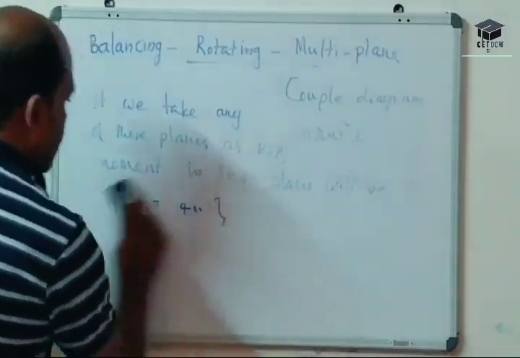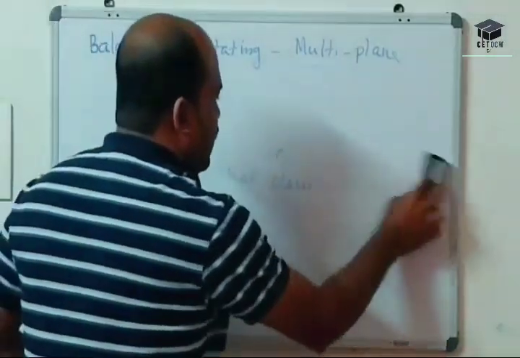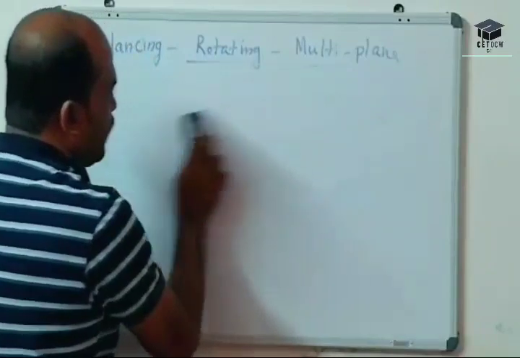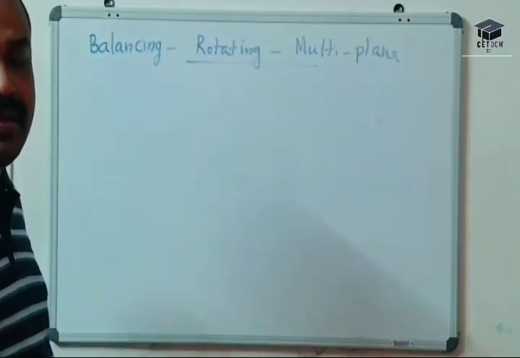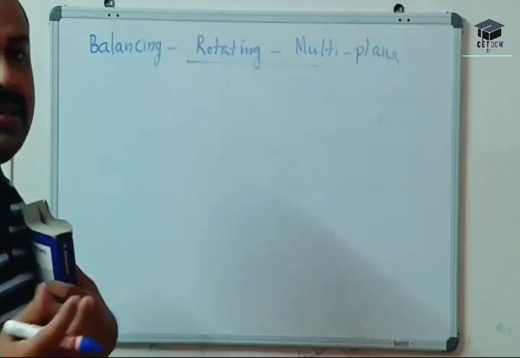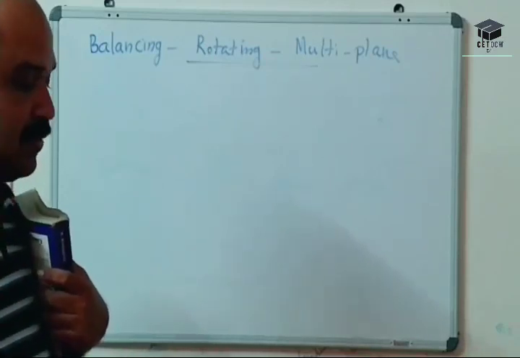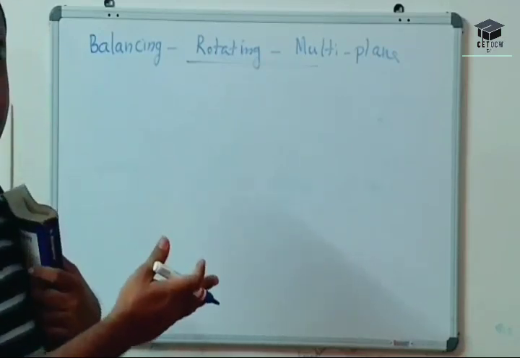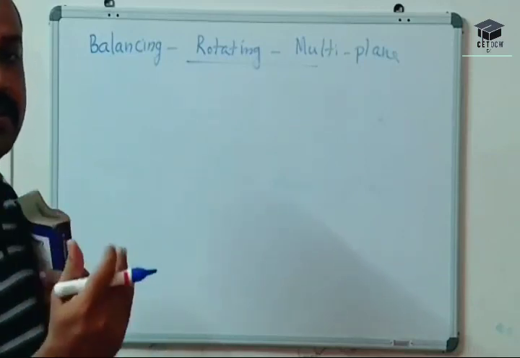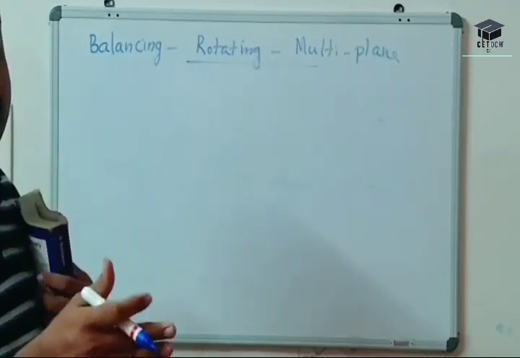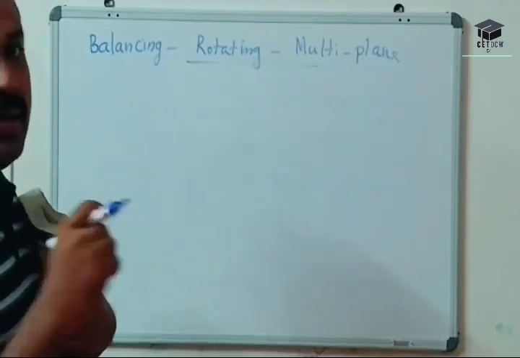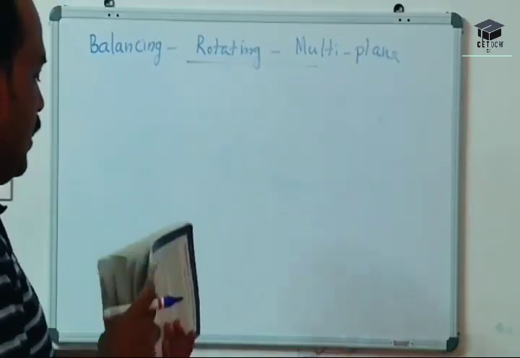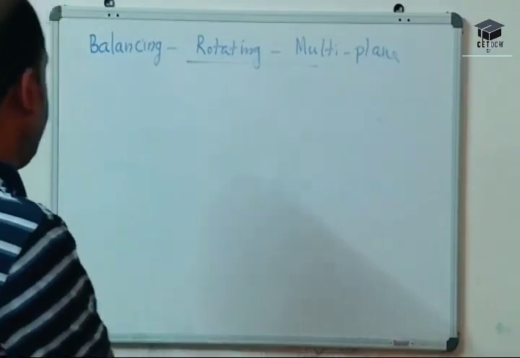Okay. Now we can go for the actual drawing. Once you know this procedure, then the drawing is very easy. Only thing is you should know from where you have to start: from the force diagram or coupled diagram. If it is the coupled diagram, which plane should be taken as reference plane? That's important. So here we fix RP B as reference plane. Now the procedure is very simple.